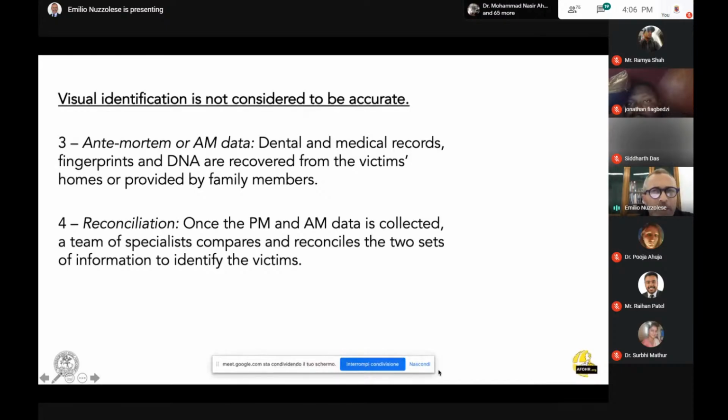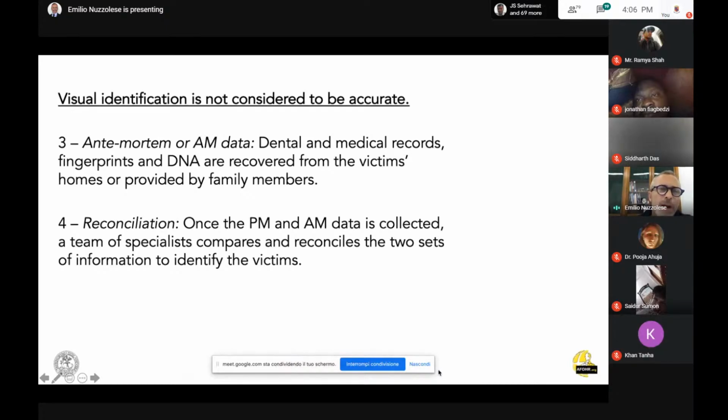Once we have collected the post-mortem identifying data, being dental, fingerprints, and DNA, then we have to perform the comparison of this information with what we call antemortem data, which is the identifying data, medical and dental data, which can be collected from the families, the next of kin, who are interviewed by police and law enforcement agents in order to collect all that information that can be used for the third phase of the human identification process, which is what is called reconciliation.